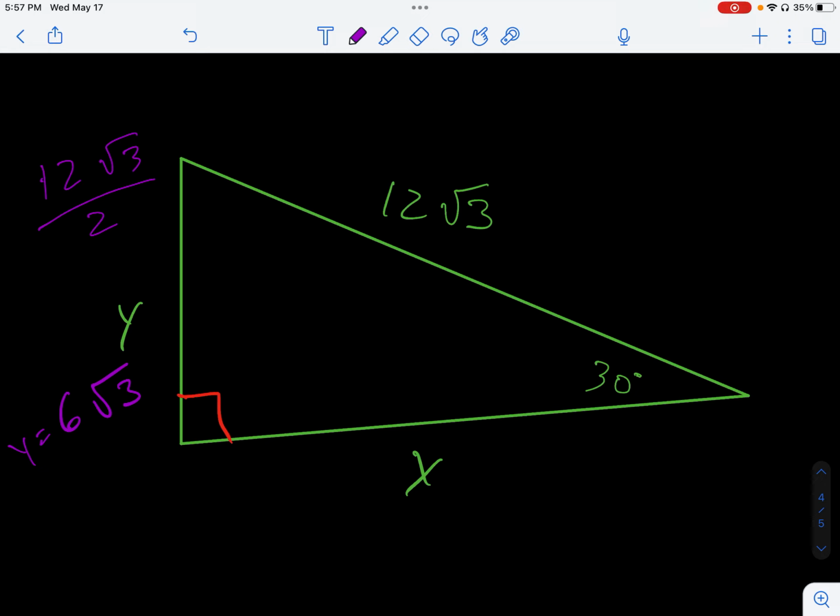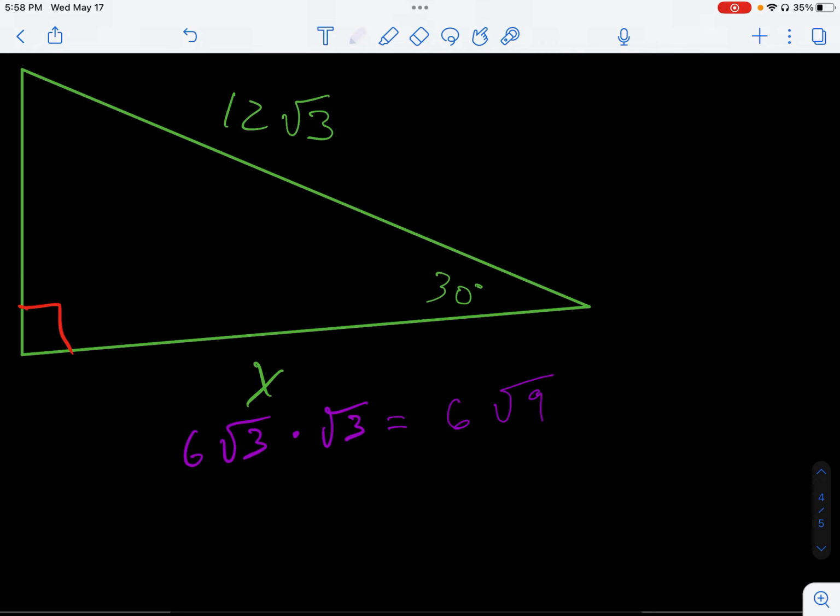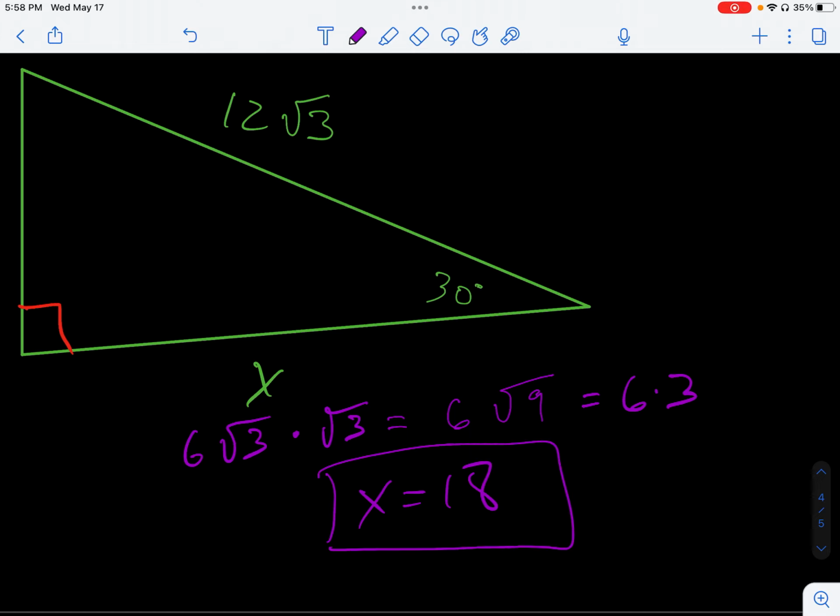6 radical 3. Now to find the long leg, we're going to take 6 radical 3 and multiply it by radical 3. So we've got 6 radical 3 times radical 3. The two radical 3's go together. So this is going to be 6 radical 9. Radical 9 is just 3. So that's 6 times 3, or x is going to equal 18. And we are